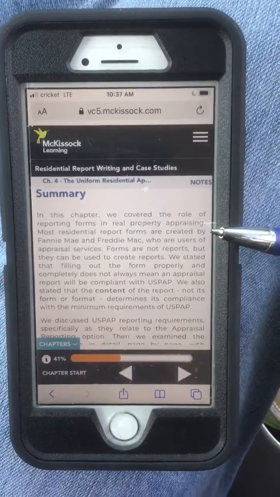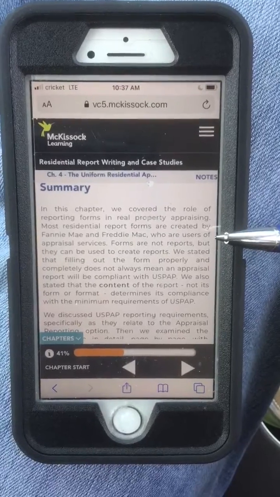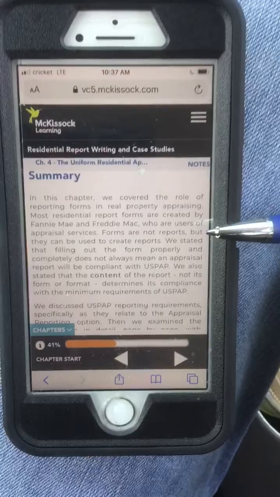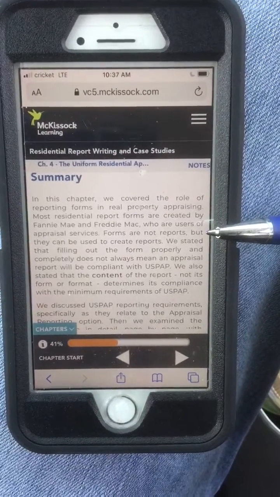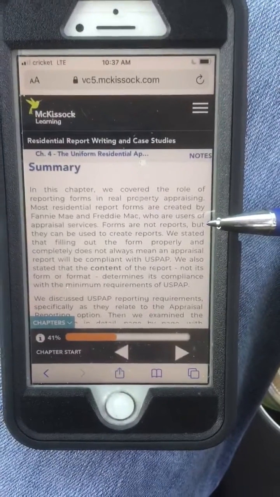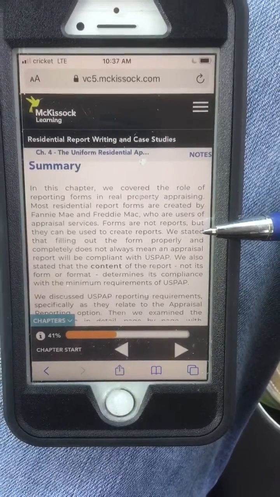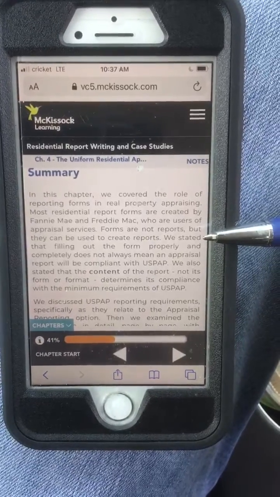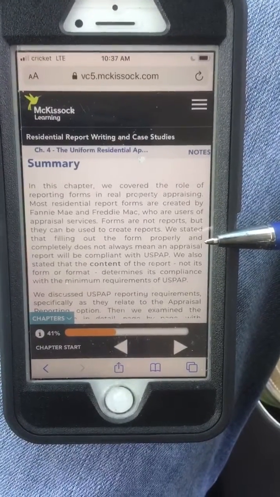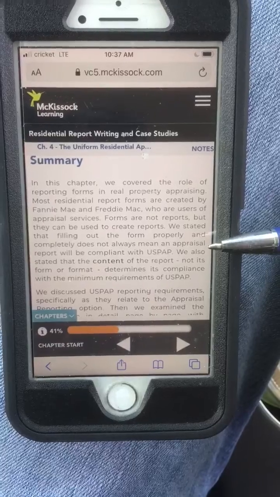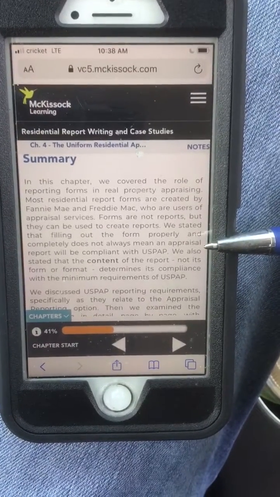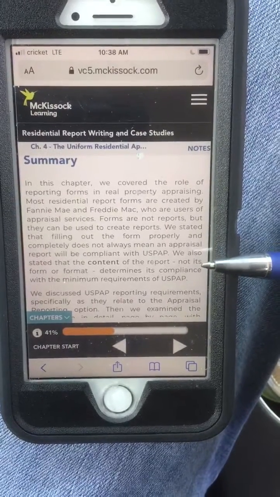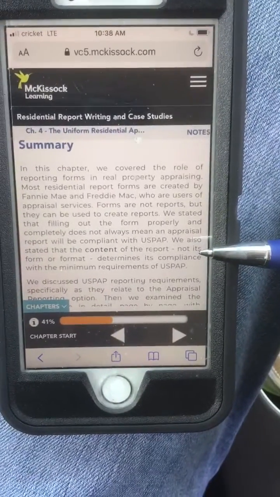Most residential report forms are created by Fannie Mae and Freddie Mac, who are users of appraisal services. Forms are not reports, but they can be used to create reports. We stated that filling out the form properly and completely does not always mean an appraisal report will be compliant with USPAP. We also stated that the content of the report,